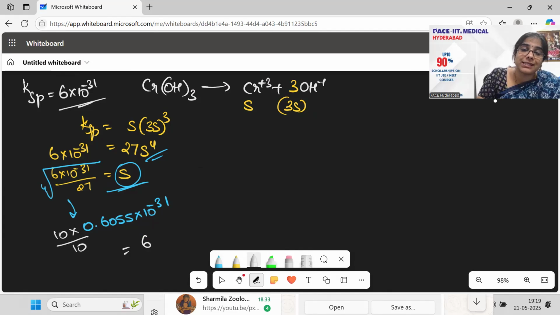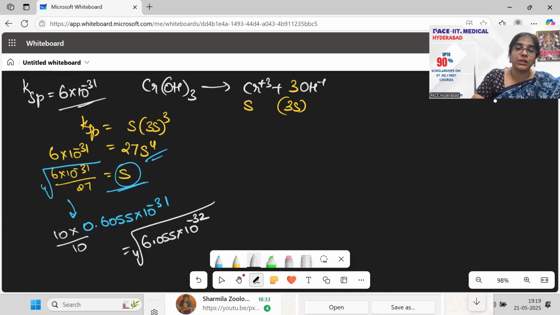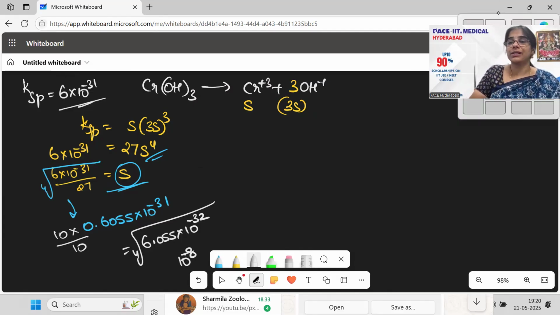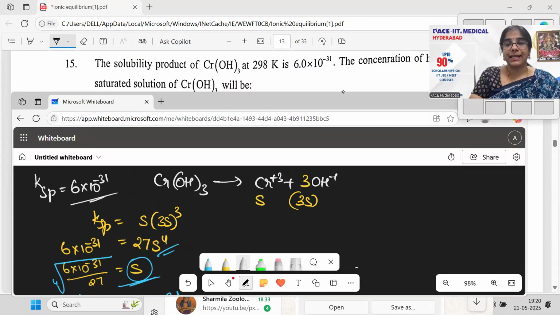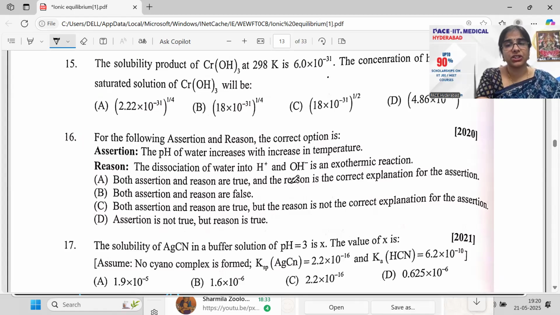So this will be 6.055 into 10 to the power minus 32. उसके लिए I am doing the fourth root of it. So fourth root of this would be what? So 10 power 32 comes out as your 10 to the power minus 8 बन जाएगा, and fourth root of 6.055 कर लो, स्क्वायर रूट कर लो 6 के लिए, and then again a square root कर लो, you will be getting the answer. Well, okay, for that you need to go up with your long division method. First you do the square root and then again another square root you will do. Okay, that becomes your answer there. That's it. Next, move on with the next question.